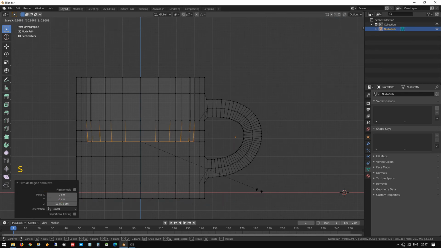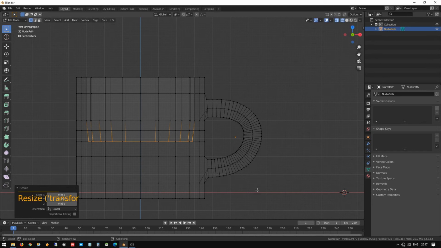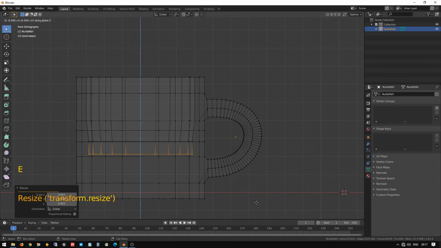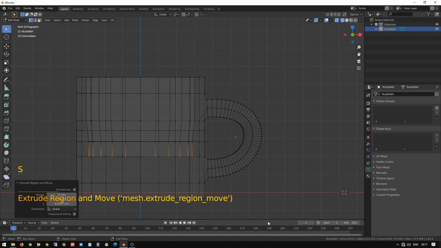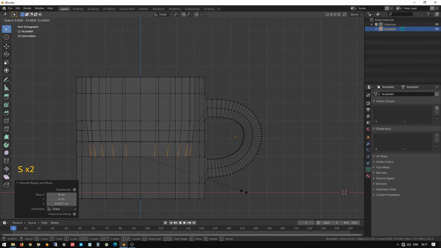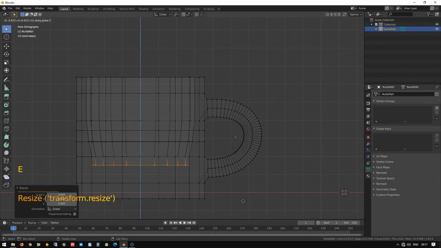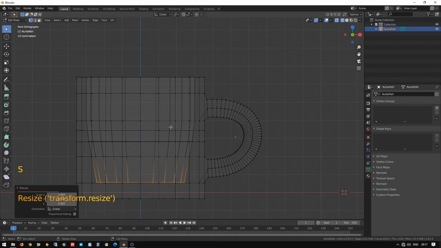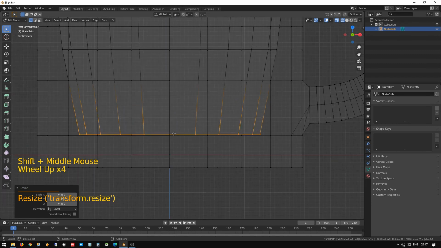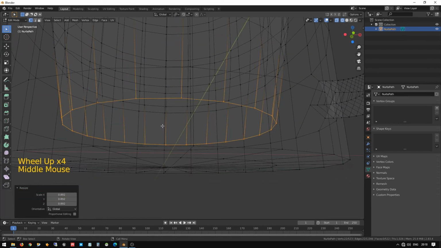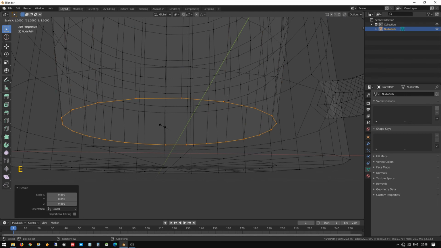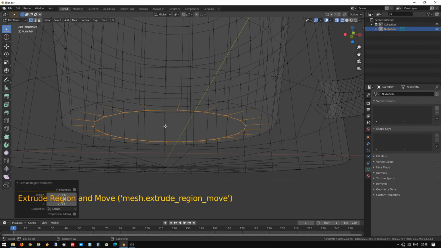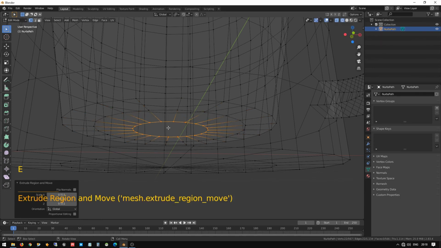I make it a little bit inside, coming in with a small size. Just press scale and reduce the size a little so it looks good. Again I do the same, and I extrude again, press Z and scale, with a little bit of a curve so it looks good. Again we have to fill the bottom, so press extrude and scale, and it creates one more mesh. So press extrude and scale.